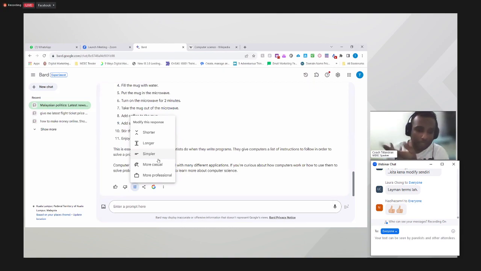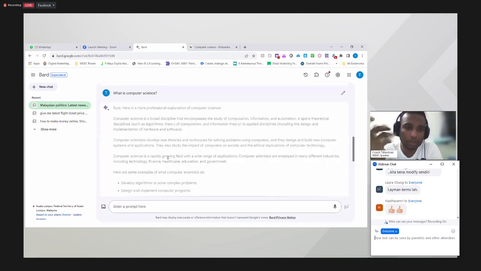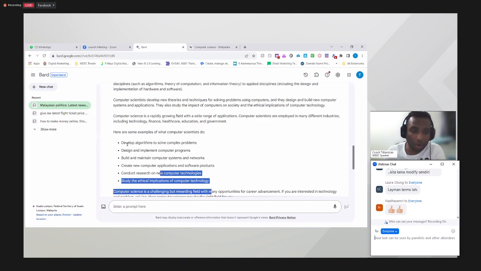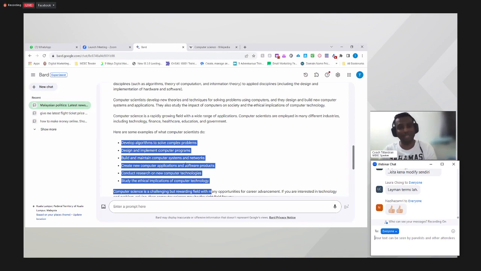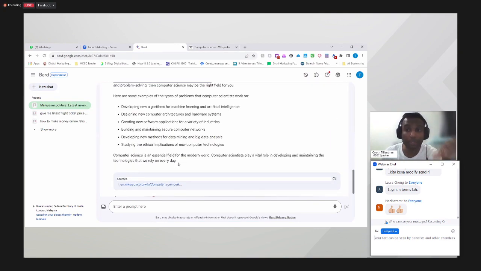Okay. Let's say if you want a professional answer, soalan yang lagi professional, maksudnya jawapan ni nak nampak standard lah ataupun nampak gempak lah, in other words, right? So you can also compose or generate that kind of answers as well. All right. So you see here, this is more of a professional explanation. That means this can be used for people to explain in the context of professional, but it's not too technical. So that's how beautiful it is, Google Bard.